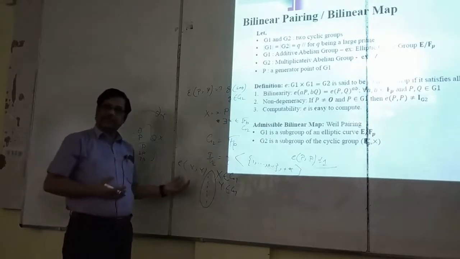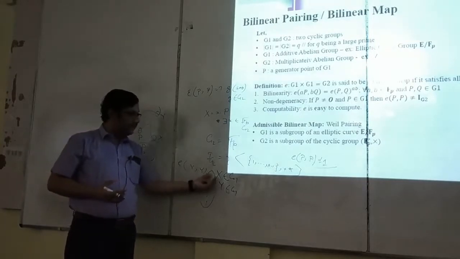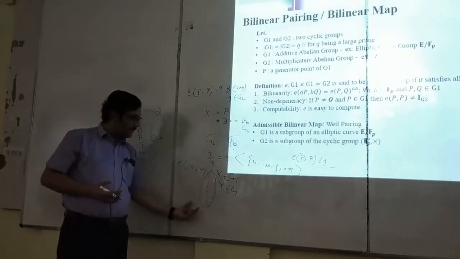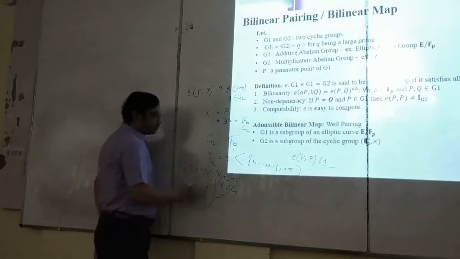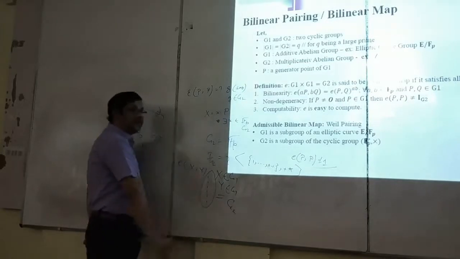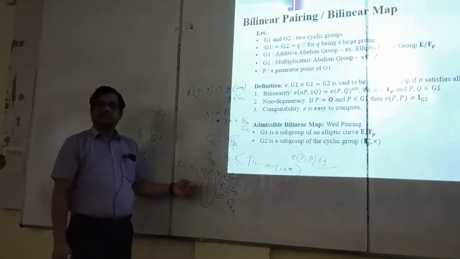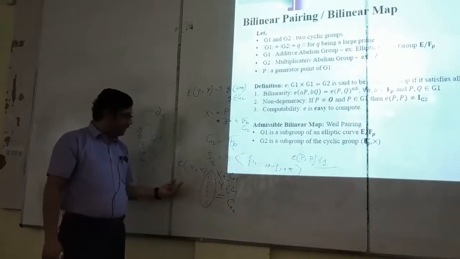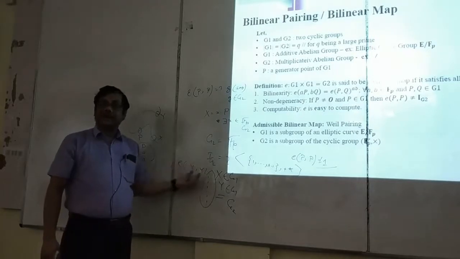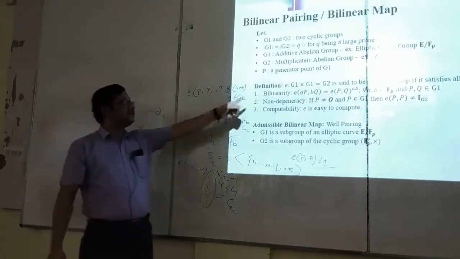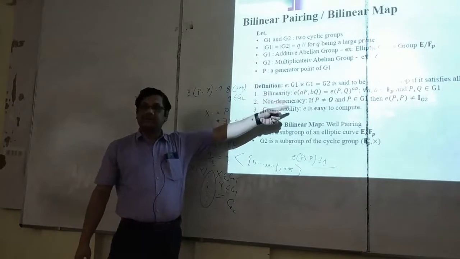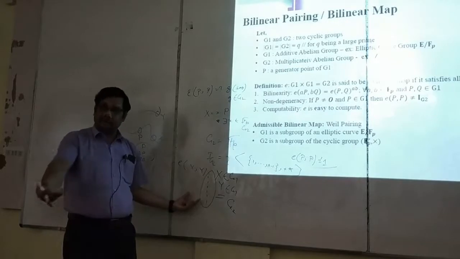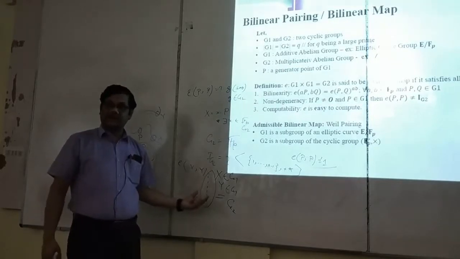Are you getting my point? You are taking all possible combinations of x and y. x should be some point in G1, y should be some point in G1. Then we are checking whether this bucket is equal to G2 or not. If this bucket is less than G2, it cannot be greater than G2, because the definition says that the codomain is G2. Now it could be less, because being the codomain does not mean that all the elements of G2 should be present.